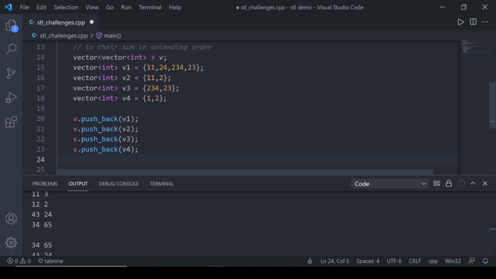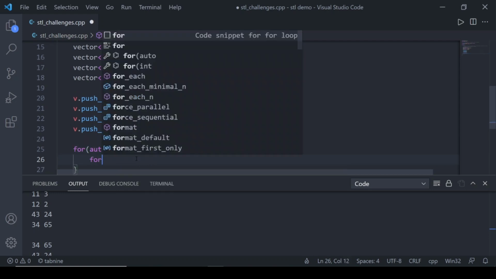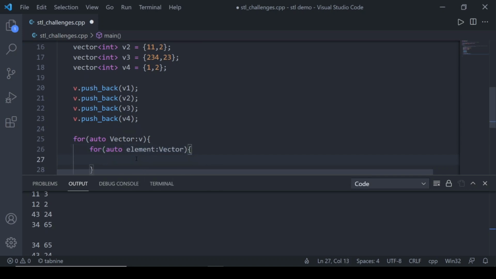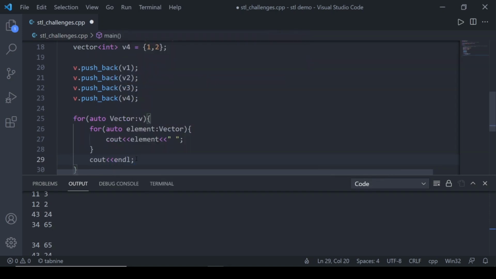Let's print the vector first. So for every vector in v and for every element in that vector, let's print out that element. And after each vector, let's print an end line here.